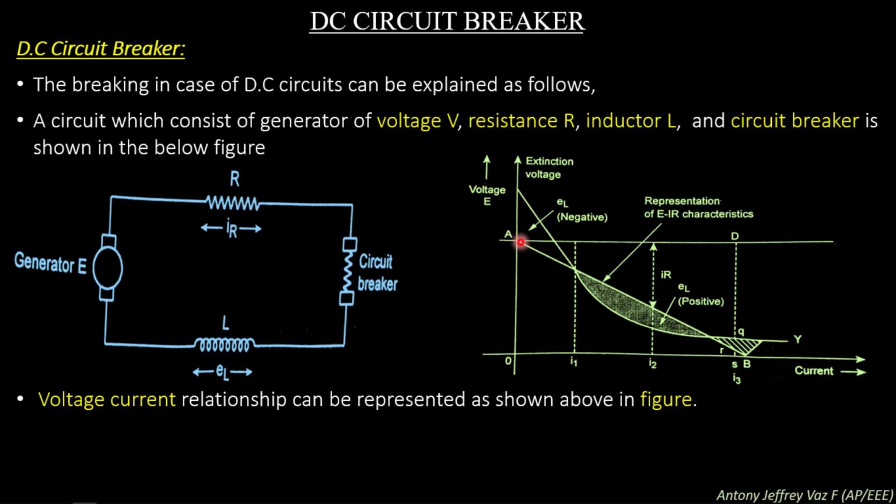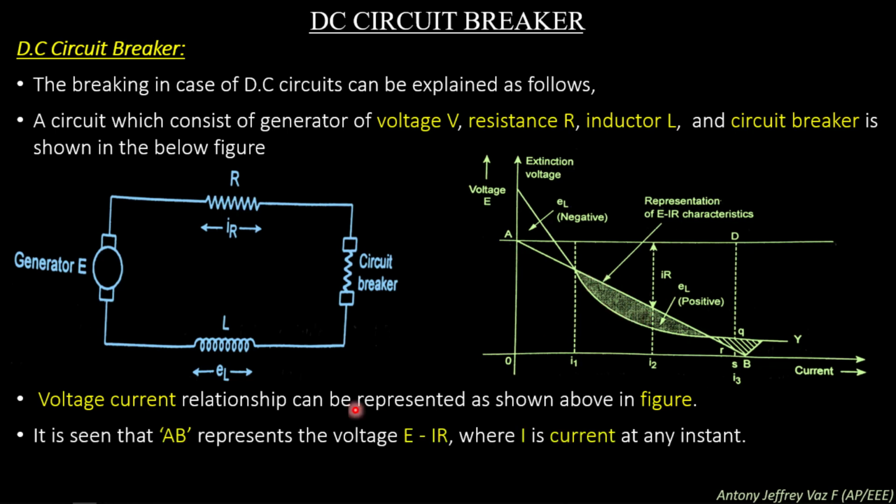You can see the generator voltage and the arc voltage in this region. It is seen that AB represents the voltage E minus IR, where I is the current at any instant. You can see the point A and B, and the voltage across this point A and B is drawn as a line, and this voltage is a representation of voltage across E and IR drop, and I is the current